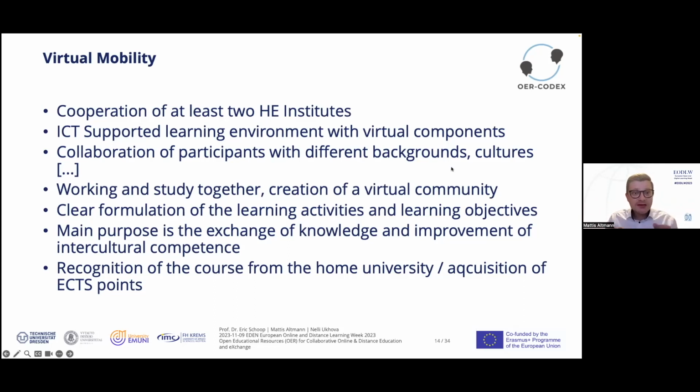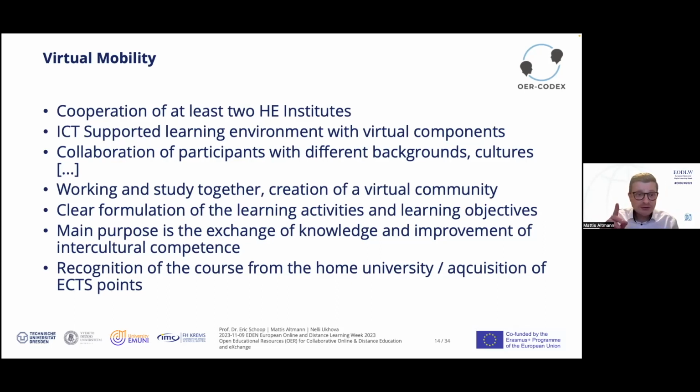And also a clear formulation of the learning activities and objectives is crucial to ensure a proper working virtual mobility experience for students. And the main purpose is the exchange of knowledge and improvement of the intercultural competence, but also of soft skills like interdisciplinary skills and also the international experience.